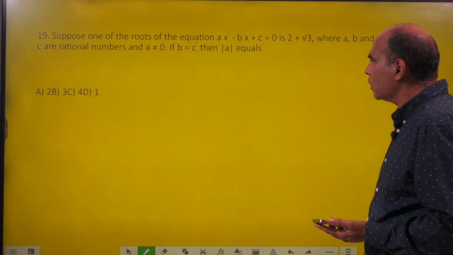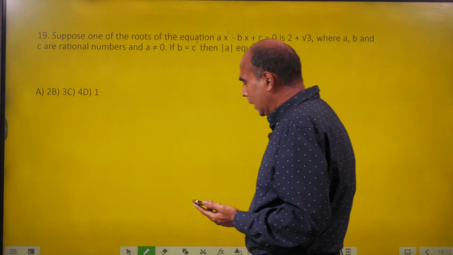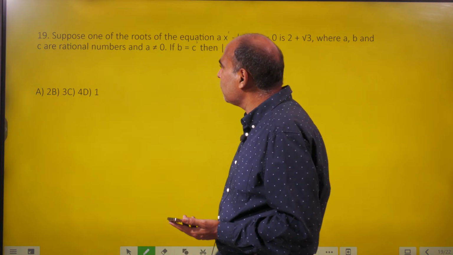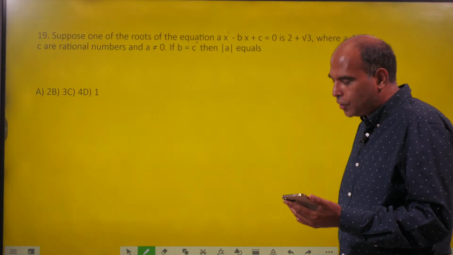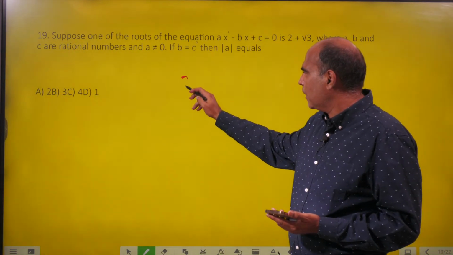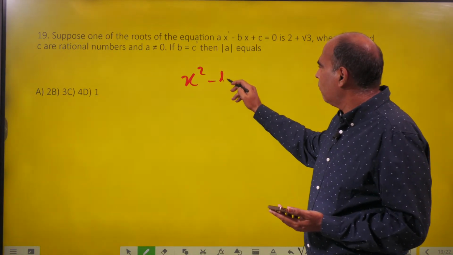That's the 18th question. The 19th one, interesting one. I couldn't do this when I was doing my personal attempt at this paper. The question is, suppose one of the roots of the equation, but it's simple. I missed one trigger in this question. One of the roots of the